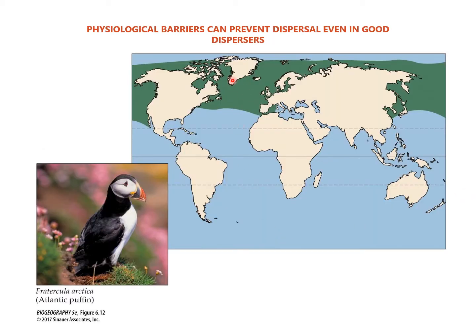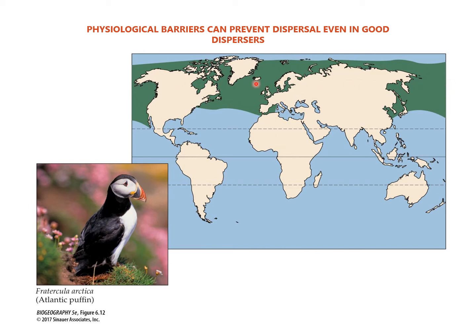Physiological barriers can prevent dispersal even in good dispersers. So even if, like this puffin species, it is very widespread at Arctic latitudes, basically across the entire globe, the tropics just represents a type of environment that is not conducive to this species, and so it can't cross, even though theoretically